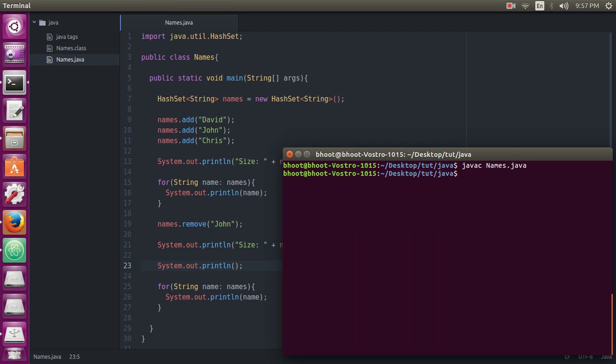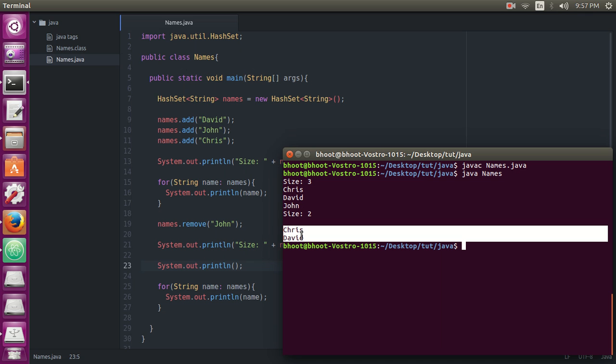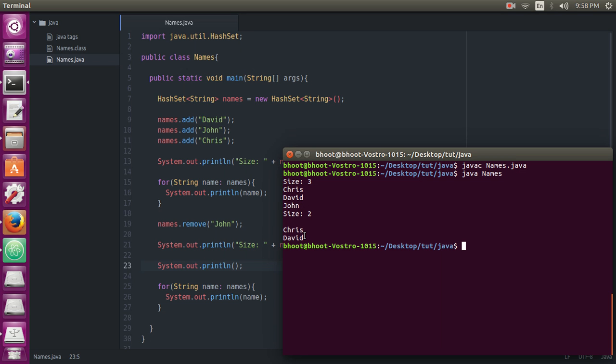Compile it, no compilation error, and now you can see size 3, names Chris, David, John, size 2, and the names left are Chris and David. So you can see we have successfully removed the name John from the HashSet. So you can see how a HashSet works.